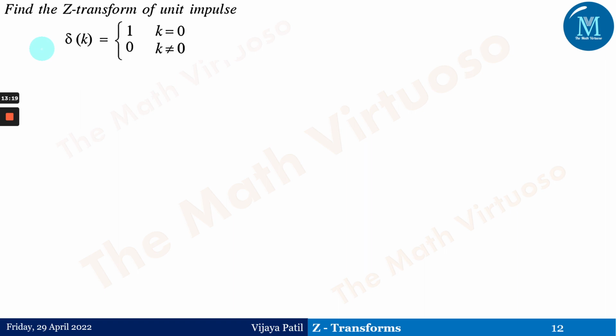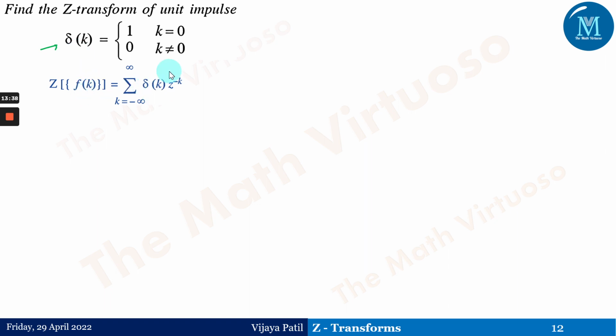This is a very important task. What we are going to do is find the z transform of the unit impulse. The unit impulse delta k is equal to 1 for k equals 0, and it is 0 for k not equal to 0. Now if we want the z transform of this particular delta k or f of k,